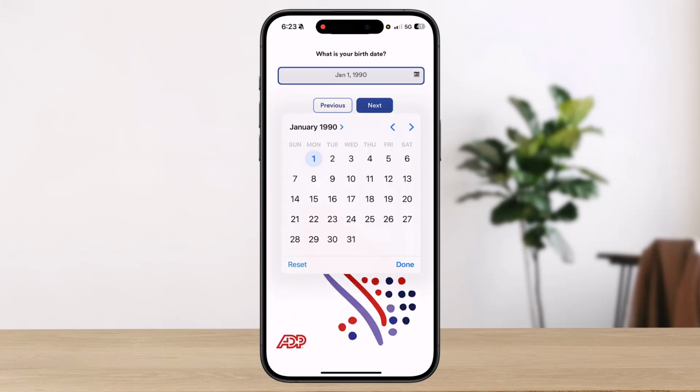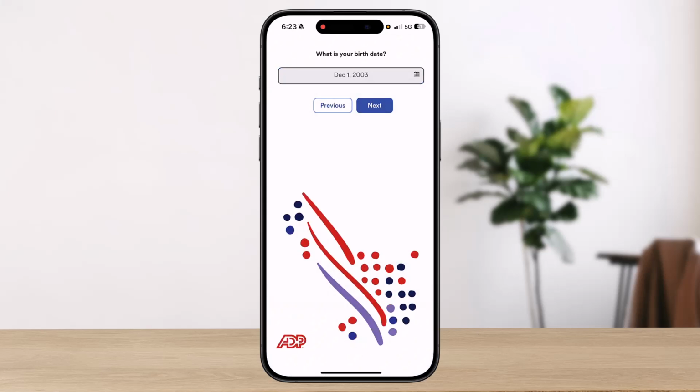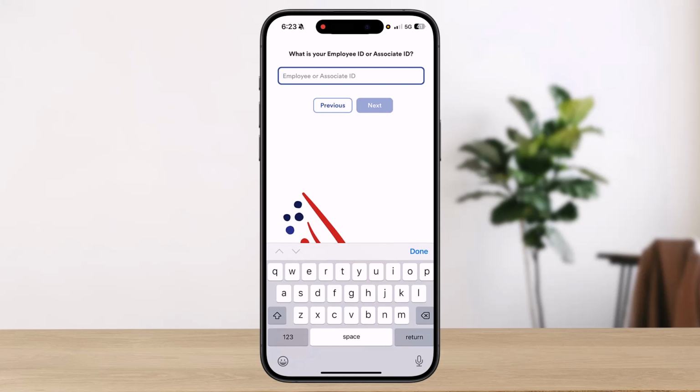After that, enter your date of birth. Now you'll have to enter your employer ID or your associate ID. And once you've done that, simply follow all the steps provided to you and you'll have successfully created an account